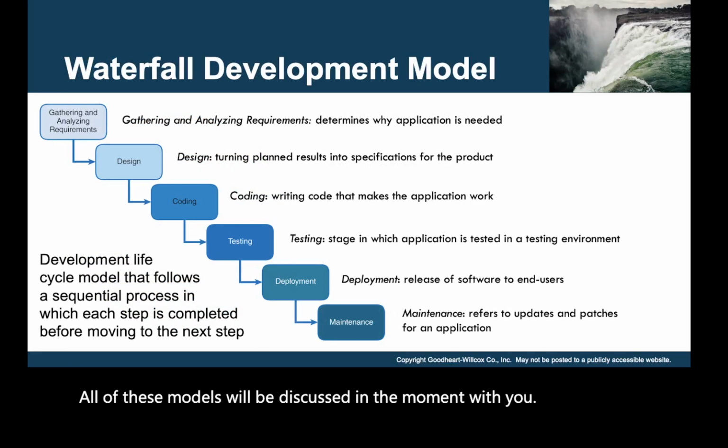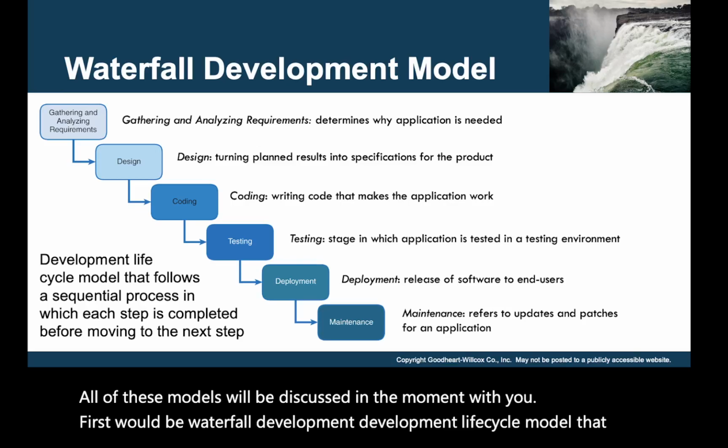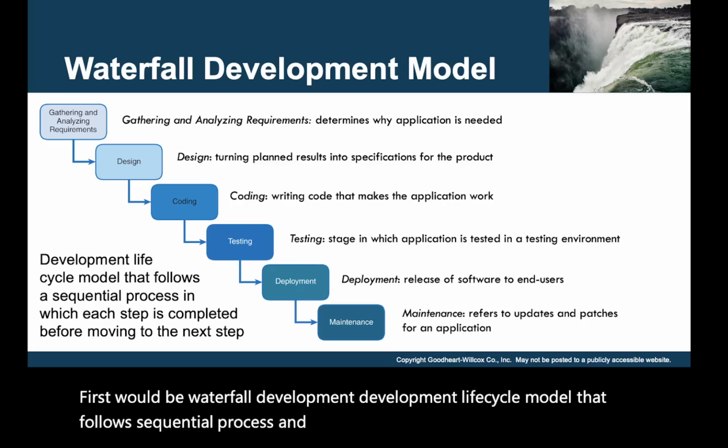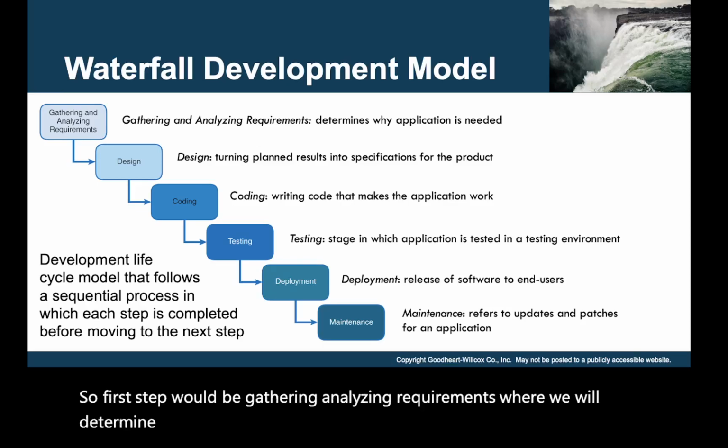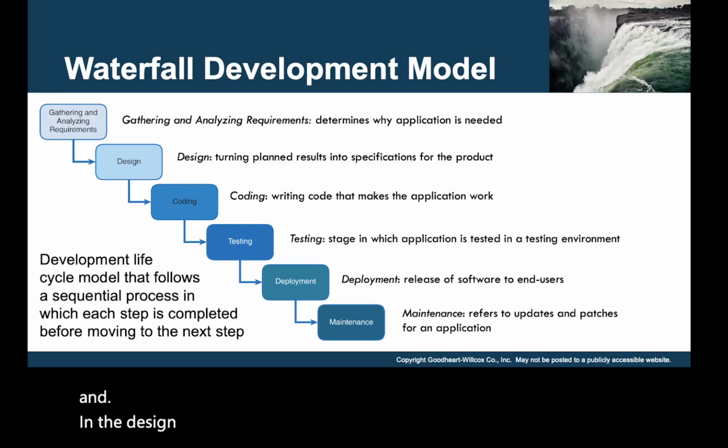First would be waterfall development. It's a development lifecycle model that follows a sequential process, and each step is completed before the next step. So the first step would be gathering and analyzing requirements, where we will determine why the application is needed. Then we will proceed into design, and in the design process we will see what the planned results and